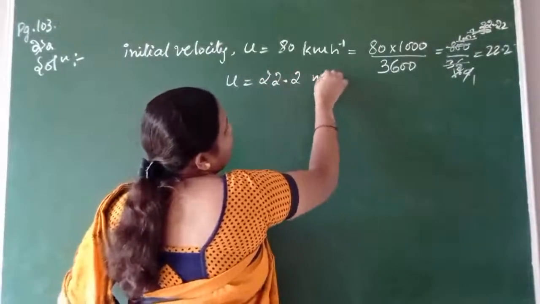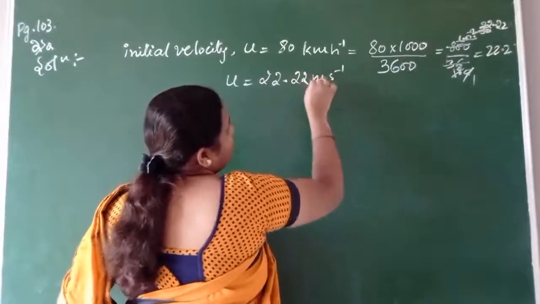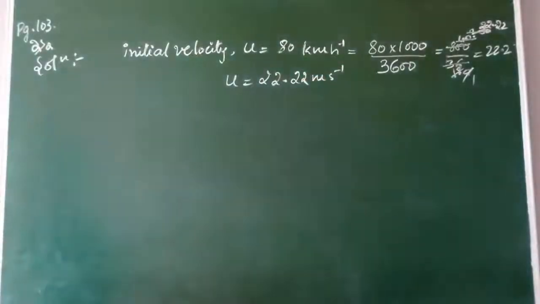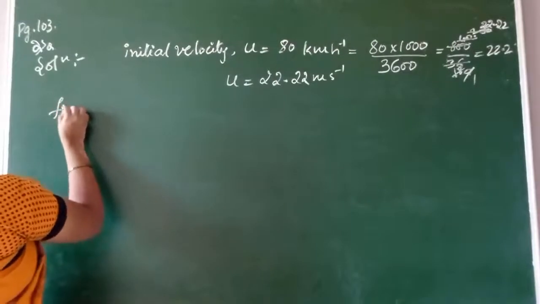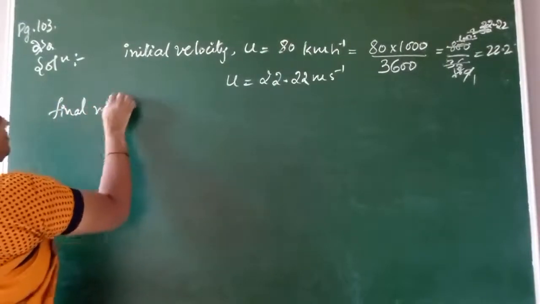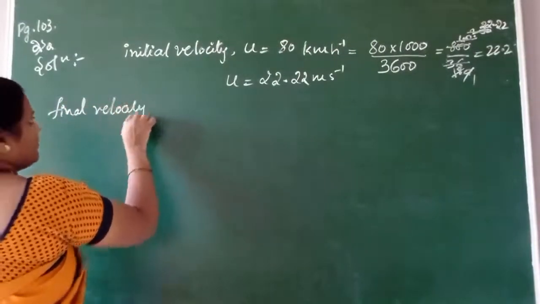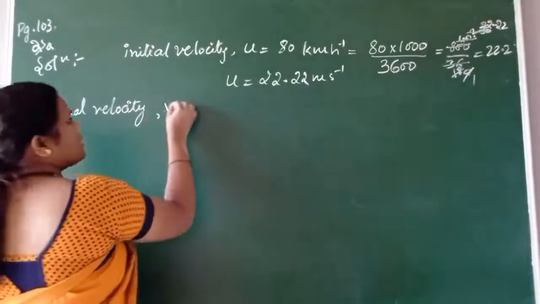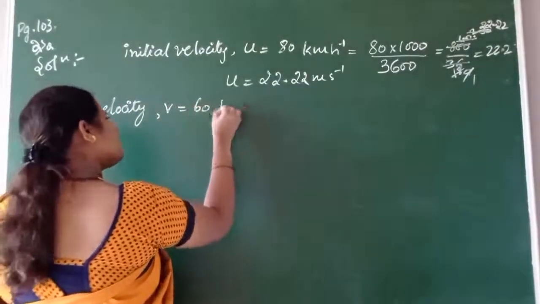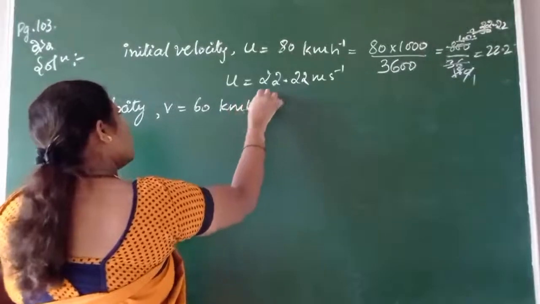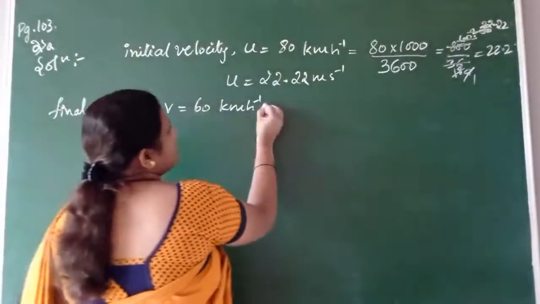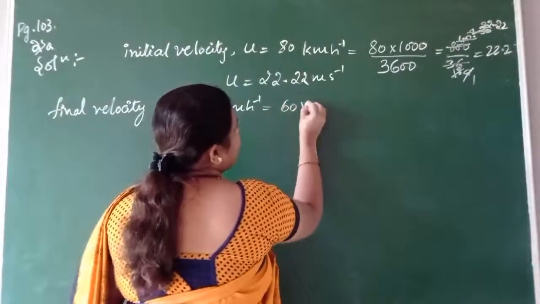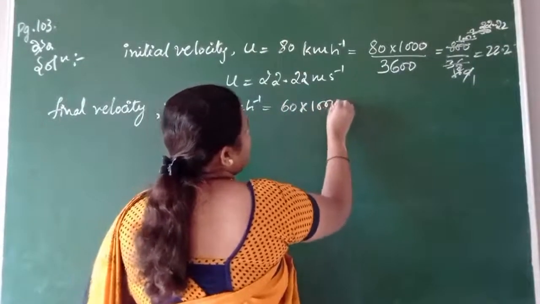22.2 meter per second. You can take 2 digits, no problem. In the same way, let us calculate final velocity. That is V is equal to 60 kilometer per hour. Isn't it, children? So when we convert this into seconds, 60 into 1000 divided by